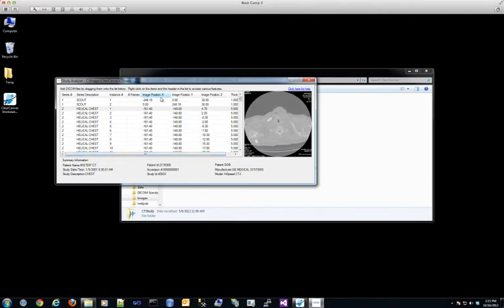One other thing I'll note is that you can sort the image files here by any of these columns at the top. So one interesting thing could be to sort by Z position if you want to actually look at the axial images of this study in Z order. You could sort by instance number, you could sort by series number, and one of the things that's important is you can actually start with a large number of files and then remove them from your working set